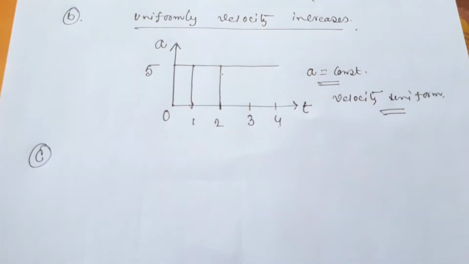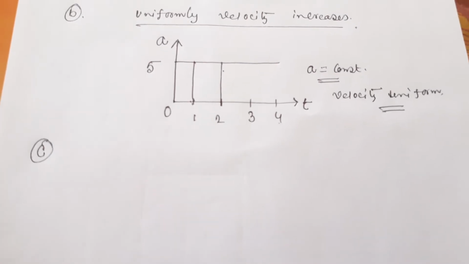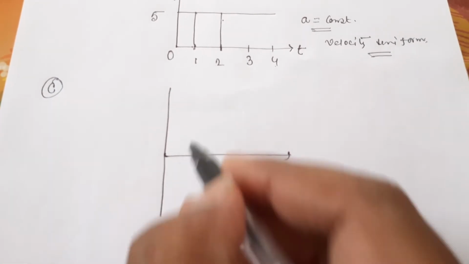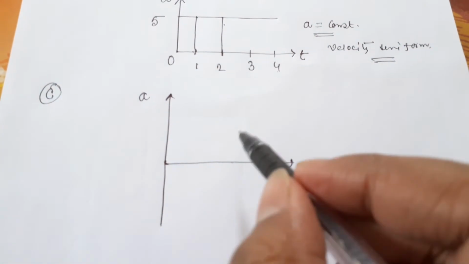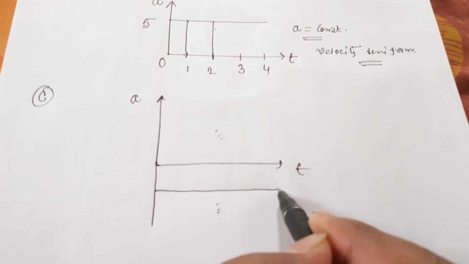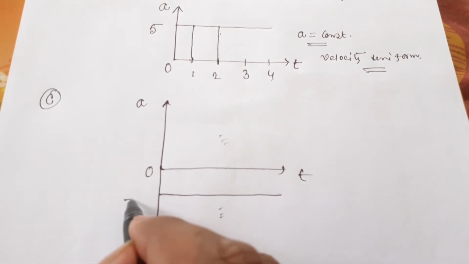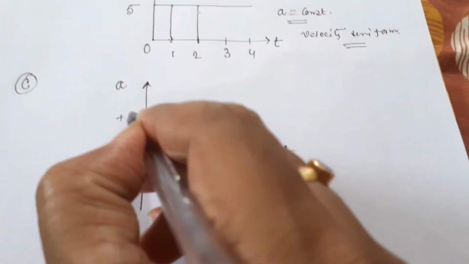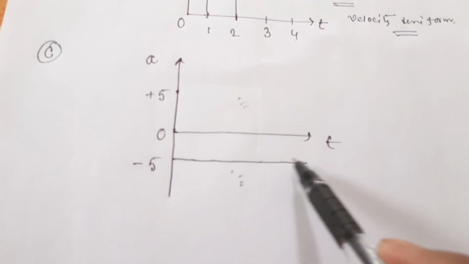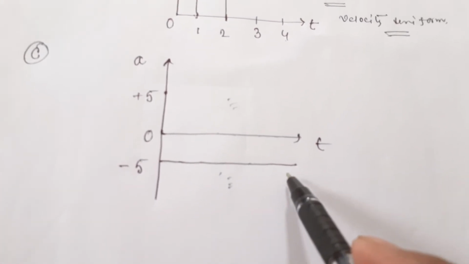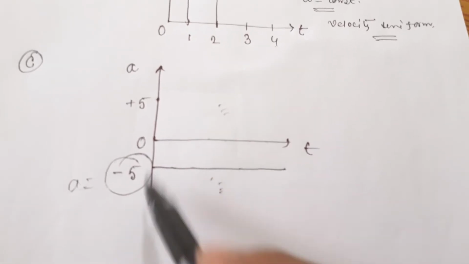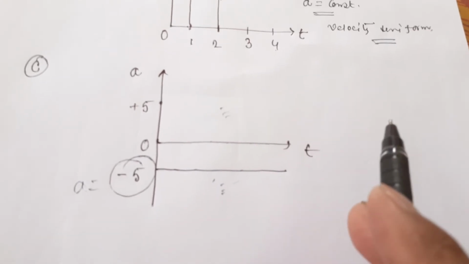The third case is what? If the velocity of a body decreases at a constant rate. When the decreasing order comes, then you have to go below the time axis. This is the portion above the time axis, this is the portion below the time axis. When you draw this type of graph, suppose this is 0, this is -5, and here maybe somewhere +5, then if you consider below the time axis, you are getting uniform change in velocity but in decreasing order, because you are getting a negative value here, negative acceleration. So this is the case. In this way you can consider.